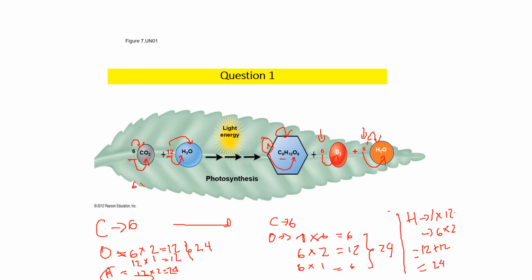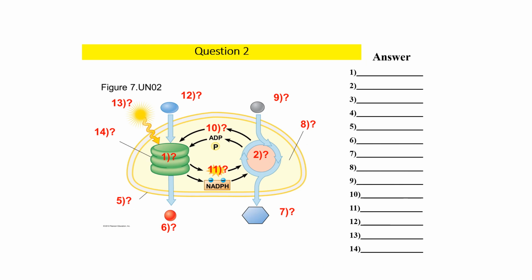So this is the right amounts of everything. And this is the answer. And if you have any questions, just let me know. Although if you took chemistry, this is a very simple exercise. Now try to answer this one. So here you just have to answer in the blank. What is happening here? What is this key process? And try to answer those questions.